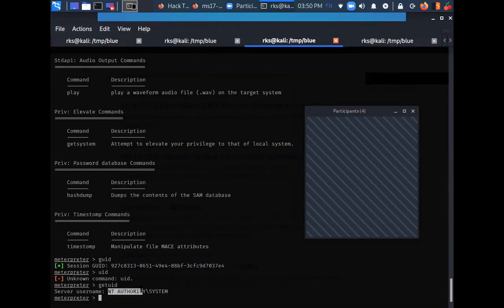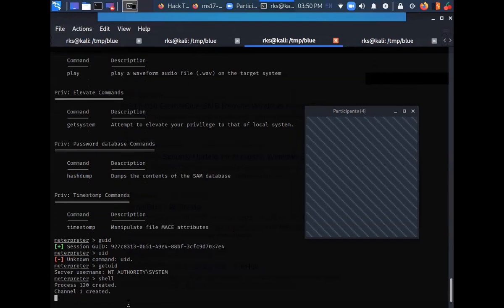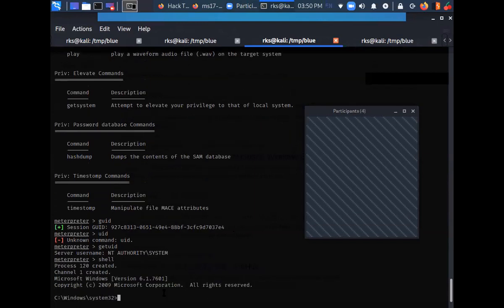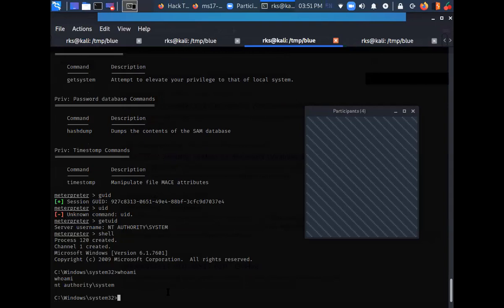That means I have successfully compromised this machine with the highest level of privileges available. Let's get a standard Windows shell here. I just typed shell so that it's converted to a standard shell. Does whoami work here? Whoami works here. I am NT AUTHORITY\SYSTEM.